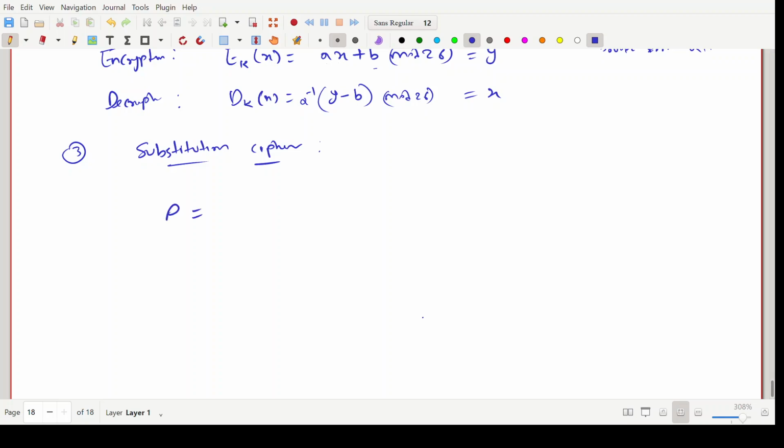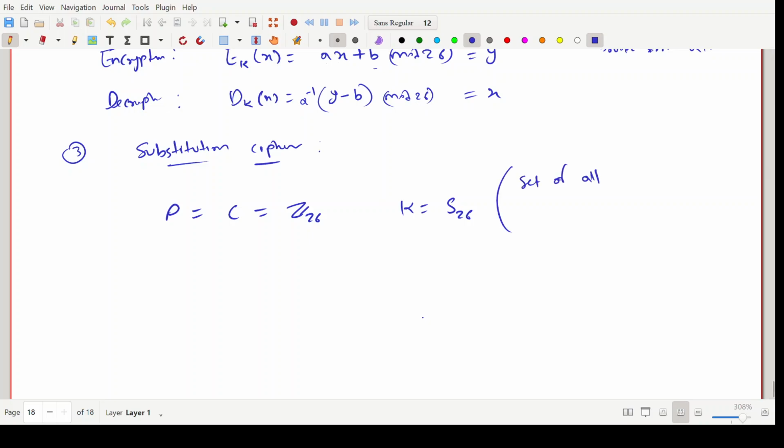Your plain text, cipher text, and yeah, they are Z26. Okay, and your key space is S26. What is S26? That means it is actually the set of all